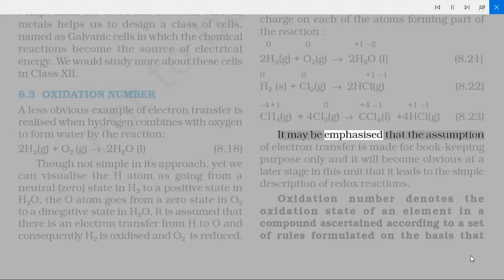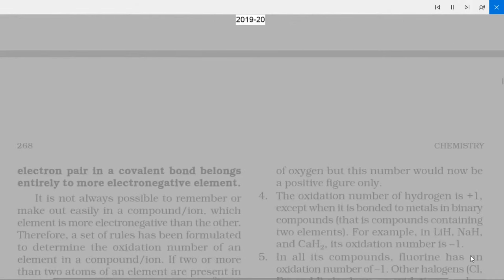It may be emphasized that the assumption of electron transfer is made for bookkeeping purposes only, and it will become obvious at a later stage in this unit that it leads to a simple description of redox reactions. Oxidation number denotes the oxidation state of an element in a compound, ascertained according to a set of rules formulated on the basis that